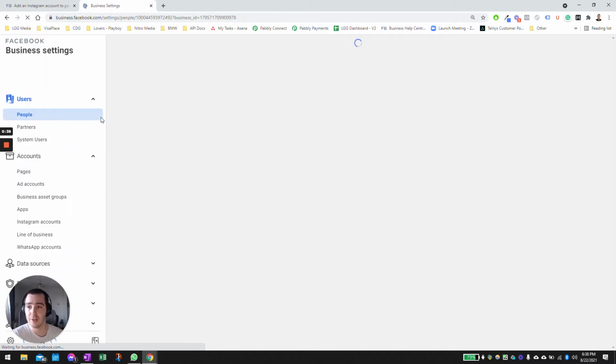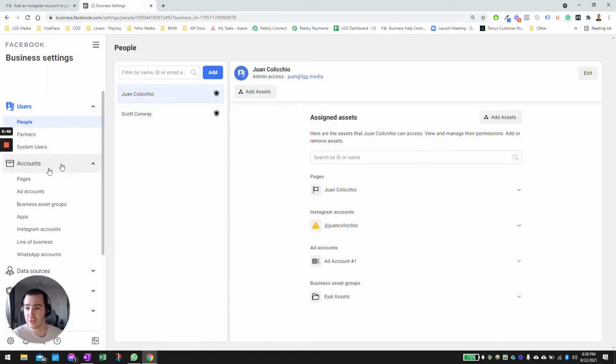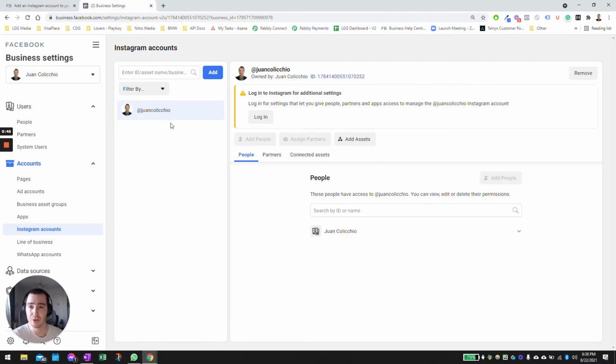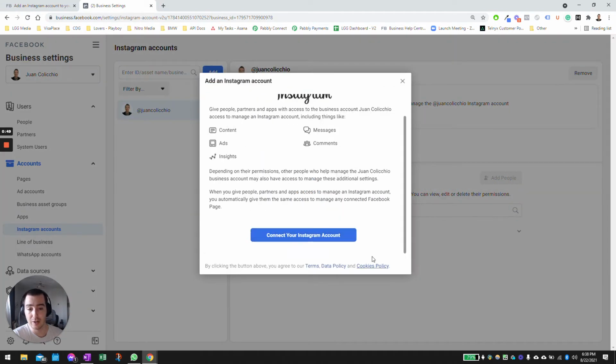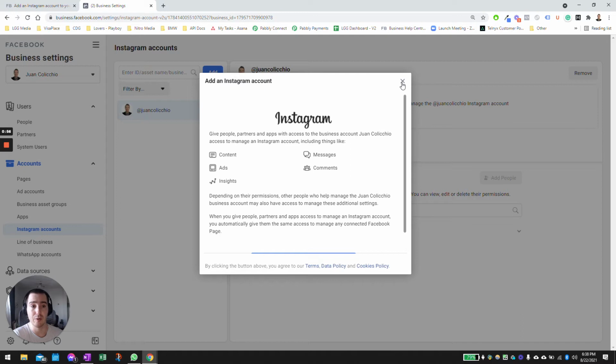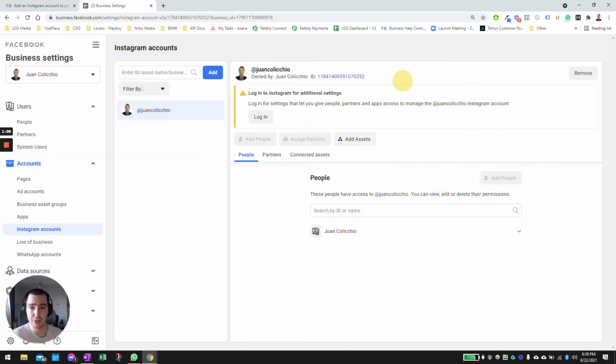So once you're in here, you're going to go down to the accounts, head over to Instagram accounts. Once you find your profile, click on add, and then connect your Instagram account. It's going to prompt you to put in your login credentials for Instagram. You're going to accept all the terms and conditions. And perhaps it may ask you to verify it with an SMS or an email for your first time logging in through this device. So once you are in, you will see your Instagram profile being added here in this